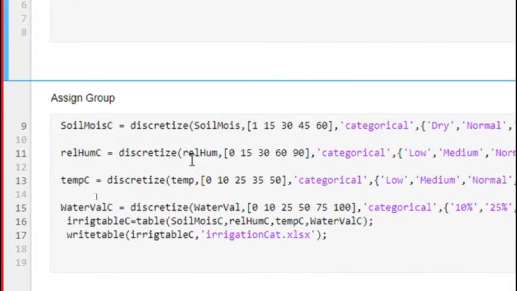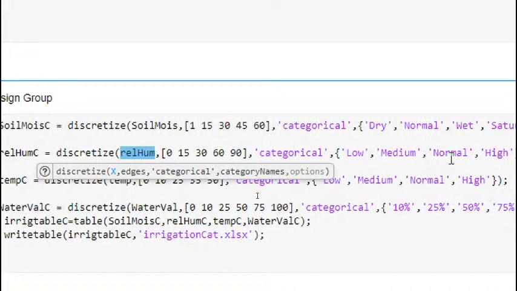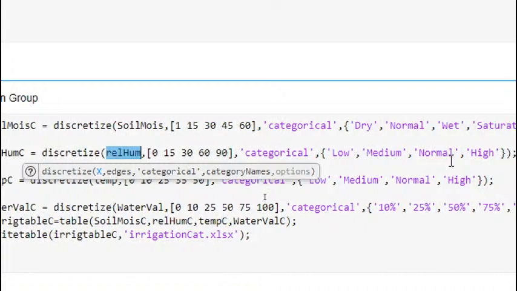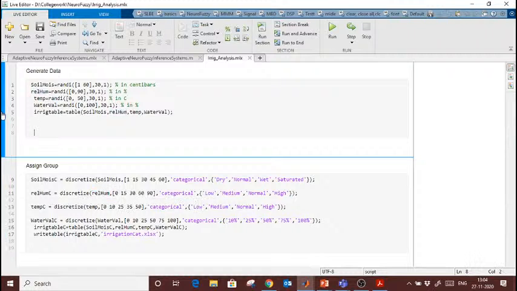And you know how to import data in MATLAB, right? Already we discussed that. Again, with this function for the relative humidity, 0 to 15 I am giving as a low group, 15 to 30 as medium, 30 to 60 as normal, and 60 to 90 as high. It depends on you how many groups you want. Once you execute this,